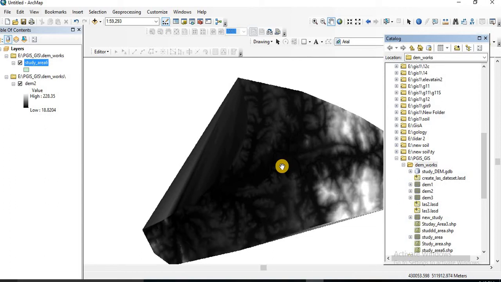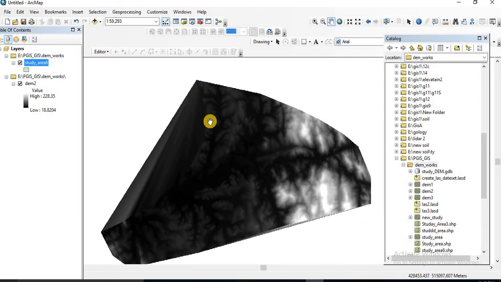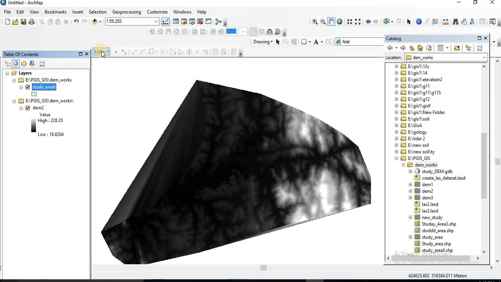Now we have to clip our DEM in order to get a study area. Now we have to clip our study area according to the polygon shapefile. We give a name, study area 6. Now you have to go to the edit tool.